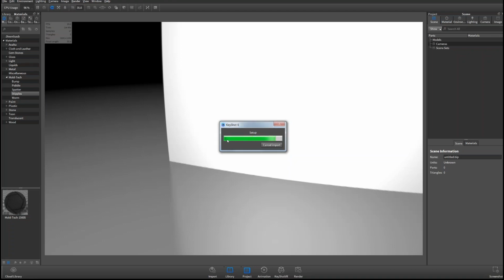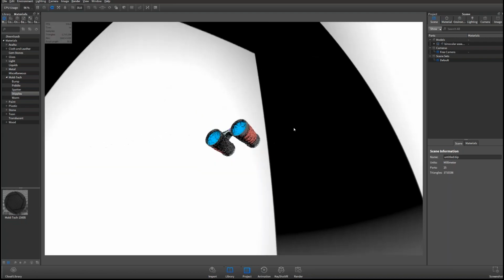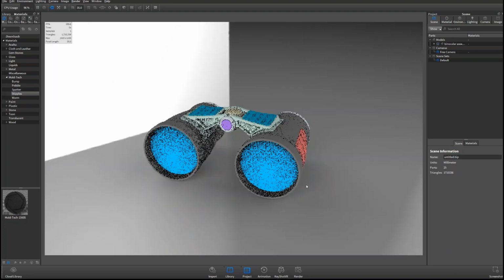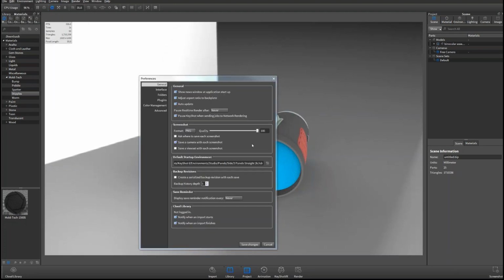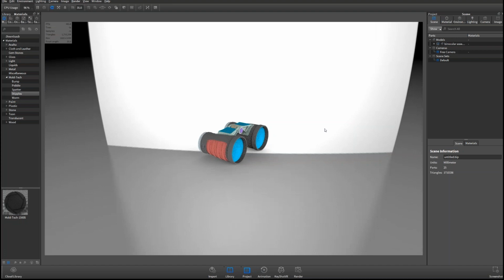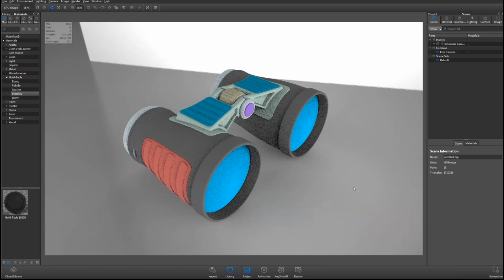One thing you may not have noticed, but I can see it in my background here, is that when I created a new scene, it actually already had an environment in it, right? So this is a change that I really like. As part of the preferences, you can now define your startup environment, right? So I tend to like using this 3-panel environment because it's got a lot of contrast to it. So now I just have that set as a default, right? And I don't have to go and do anything too crazy. It's just one of the preferences that I can go in and change my startup environment for every single scene, which is awesome.